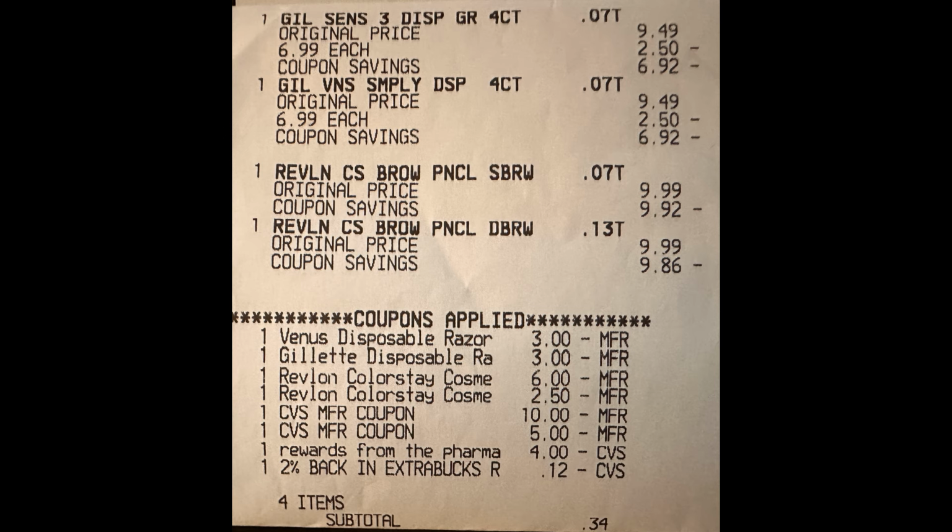So I'm not going to count that $4 because it's free money to me. And then, of course, the 2% back is also free money because I never count it as rewards earned. So my subtotal was 34 cents, but I did use the $10 and the $5 extra buck. So technically, I paid $15.34 for these items. I then got back an $8 extra buck for spending $20 on the Revlon and a